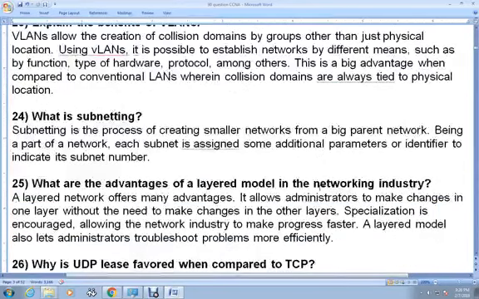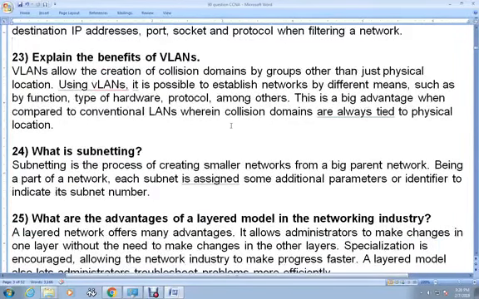Guys, next question, explain the benefit of VLAN. So VLAN is very simple to explain in terms of benefits. The first is security, segmentation, and flexibility. If you read here, there are more things written, let me read this also. VLAN allows the creation of collision domains by groups other than just physical location. Using VLAN, it is possible to establish networks by different means such as by function type, hardware protocol, and also, guys, the basic benefit is segmentation, security, and flexibility of VLANs